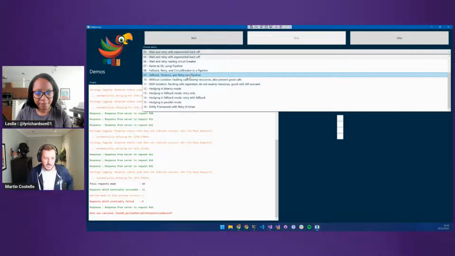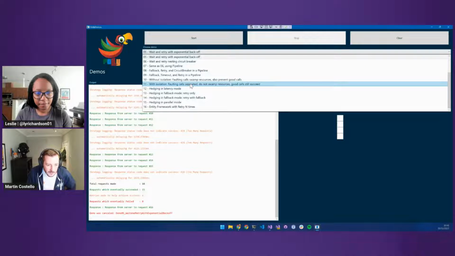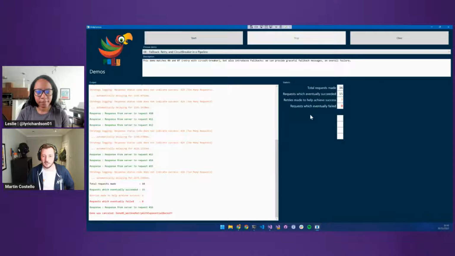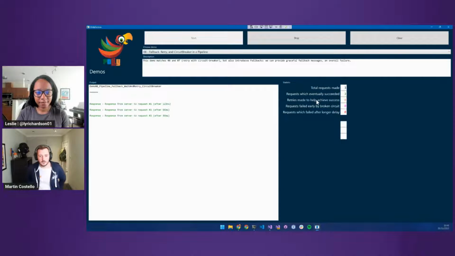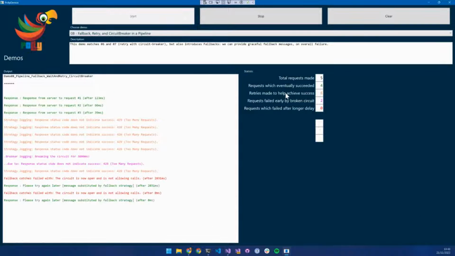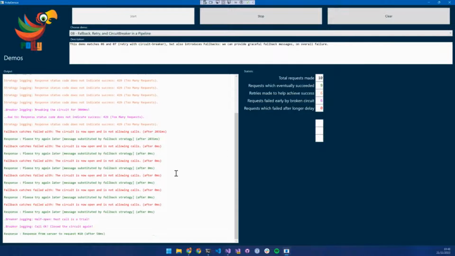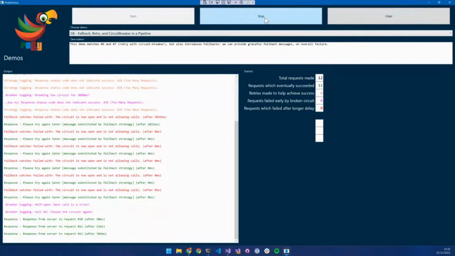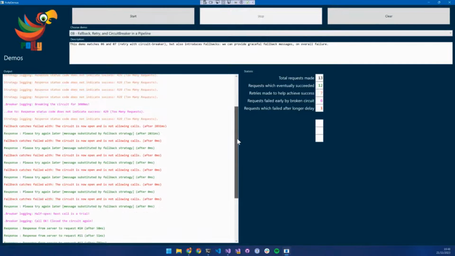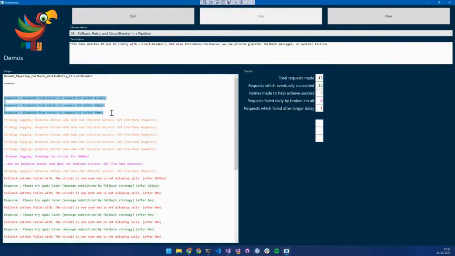And let me do one more for good measure. Oh, let's put in a circuit breaker. So in this case, the behavior's changed here. Let me just stop the demo and then I'll go through the logs. Everything was happy and fine to start with. And then we started to get rate limited. And then we got rate limited too much. So the circuit broke. And then we go red, because in this scenario,